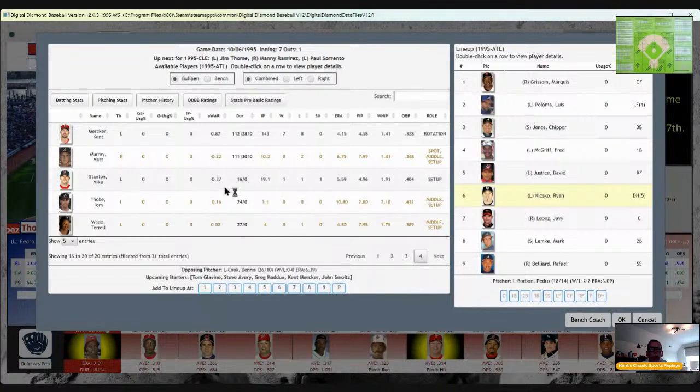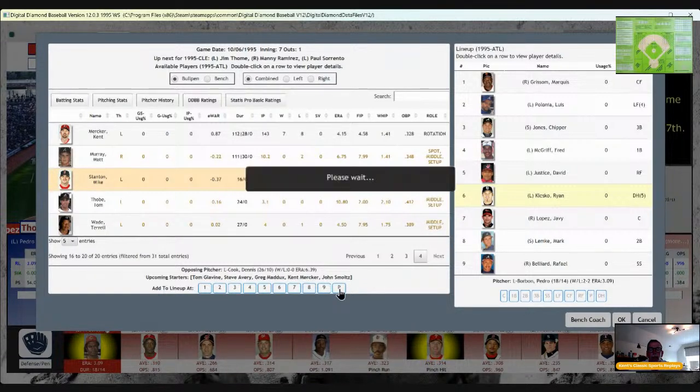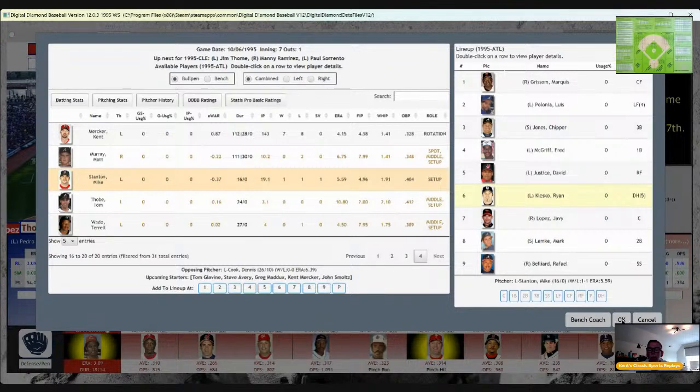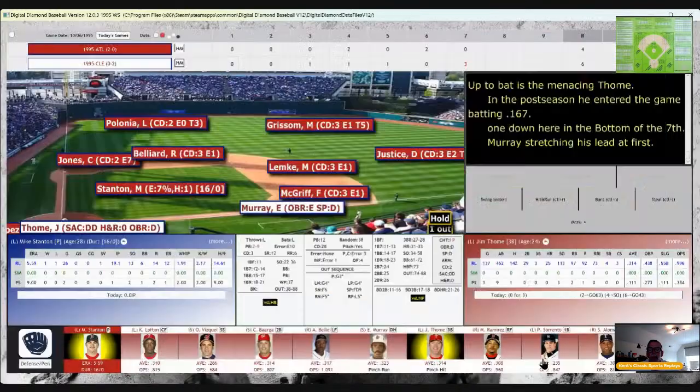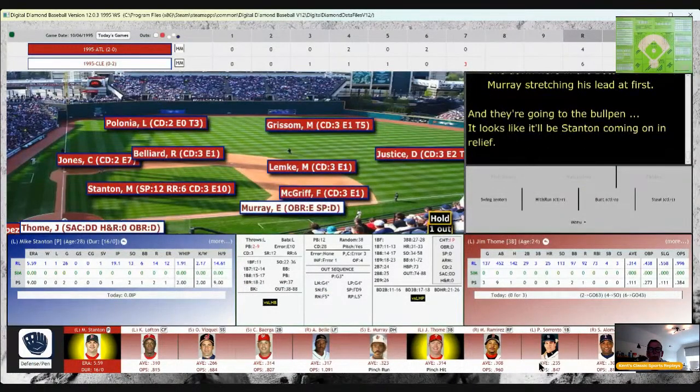And bring in Mike Stanton. Sorry for the delay.